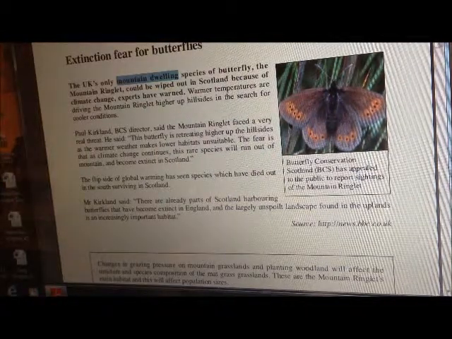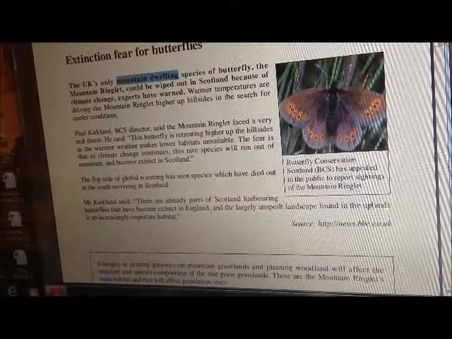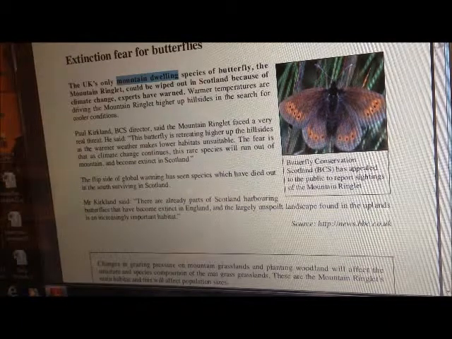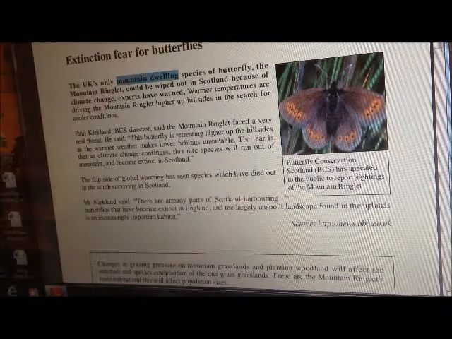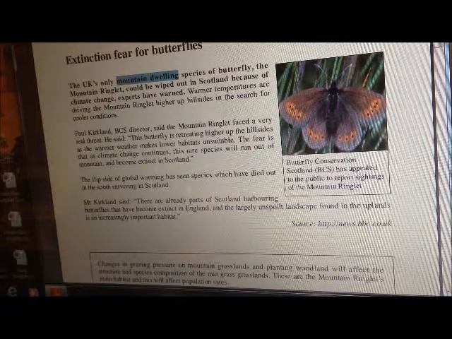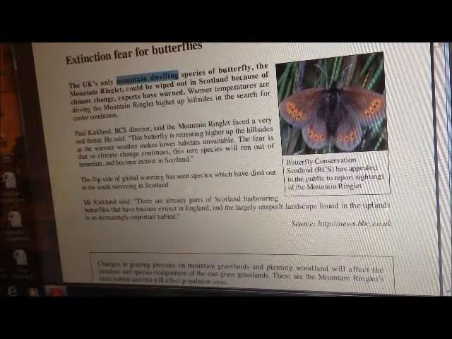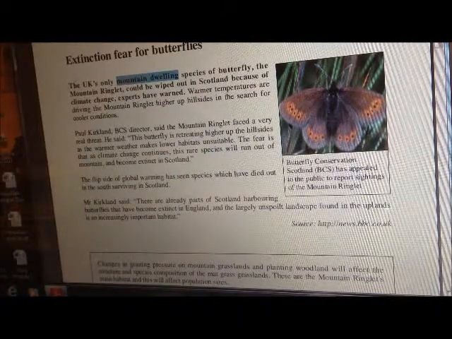So as with all these questions, they are describe. The worst thing you can do is explain as to why it is like this. The description will come from the information shown within the resource. The examiners are awarding 1 mark for each comment that looks at how climate change has affected the distribution